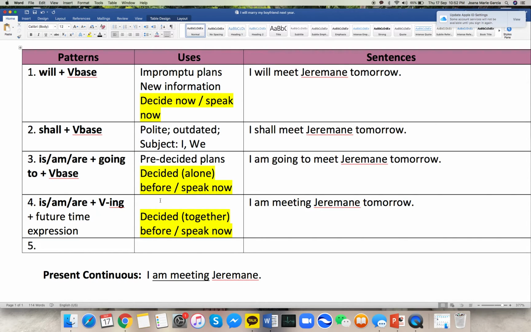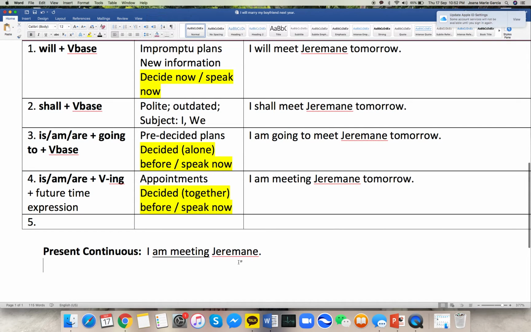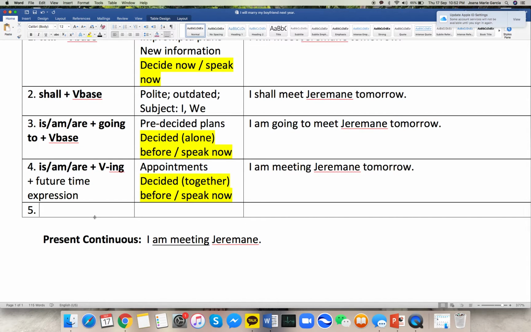It is actually used for appointments. Okay, so that's the difference. I am meeting Jermaine tomorrow. It means Jermaine knows that we have an appointment, but for the first one, Jermaine doesn't know yet. Okay, so that's the difference between the two. And don't forget to put tomorrow, because that would become present continuous without it. Okay, the last one is actually